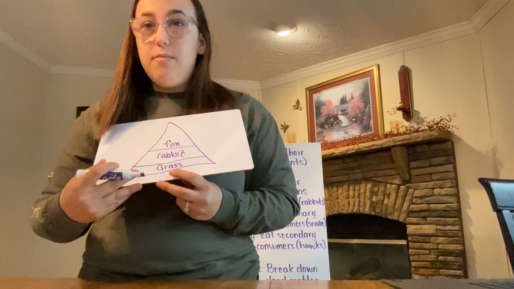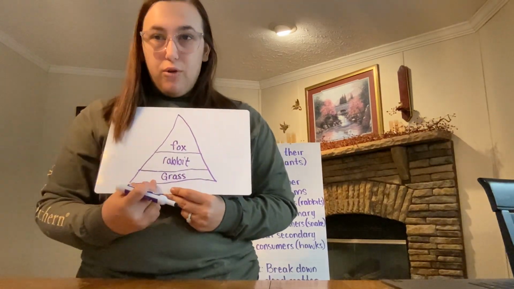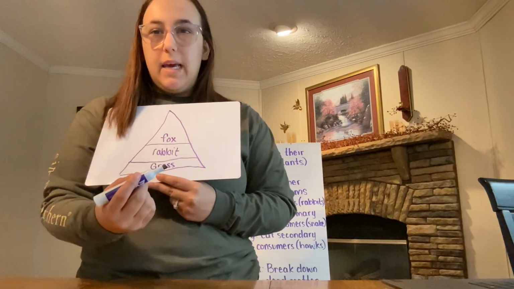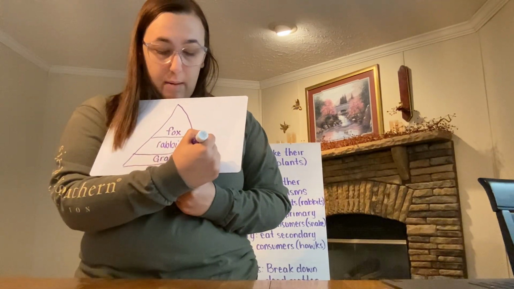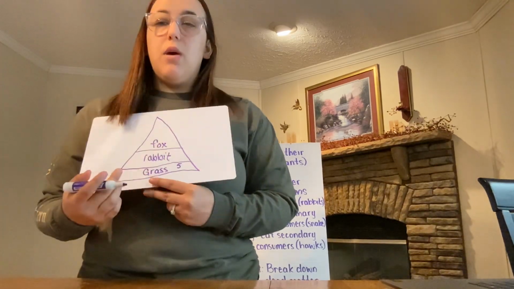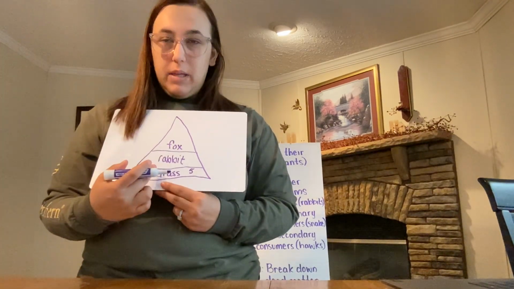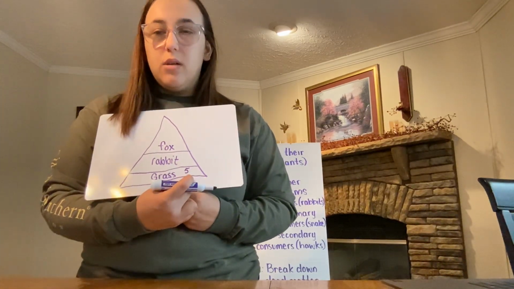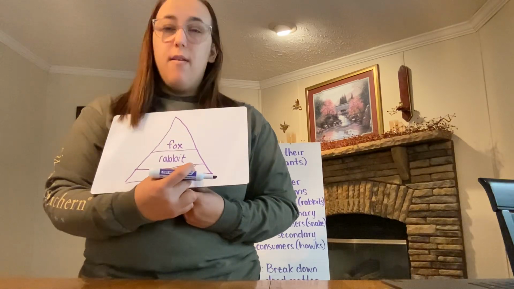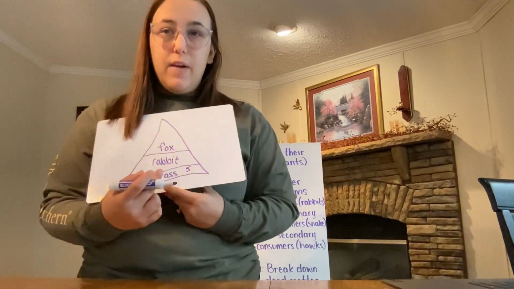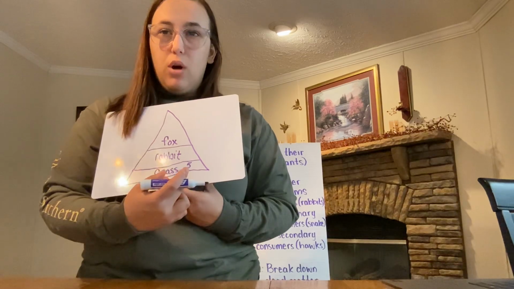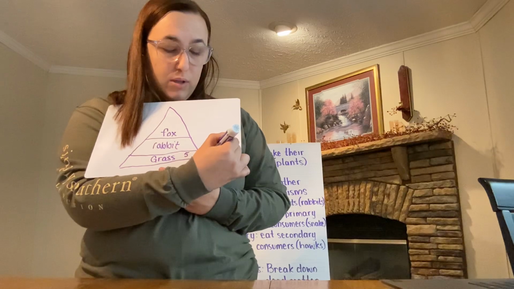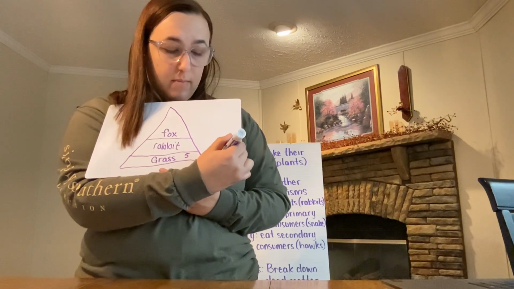Okay, so now say we have 3 grass plants. Our grass plants are going to be 5 energy points apiece. So if we have 3 grass plants and each of them is worth 5 energy points, we're going to need to take 5 times 3 to figure out how many energy points our grass plants have in total. So we would take 5 times 3 equals,